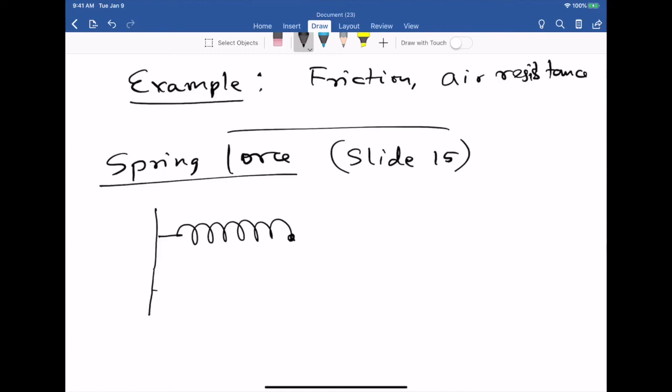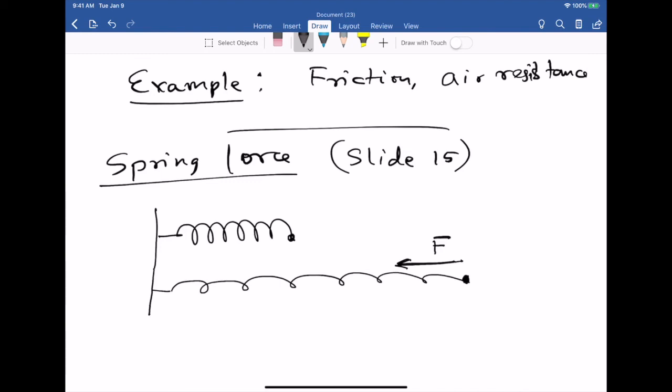So let's say that I take the same spring and I stretch it out. So the end of the spring is over here, right? So at this point, the spring will not be happy to be stretched out. So there will be a force acting on your hand trying to pull the end of the spring back. So let's represent that force by this arrow. And let's call this force F, right? Okay, so that is the force with which the spring is pulling back because it wants to get back to its natural